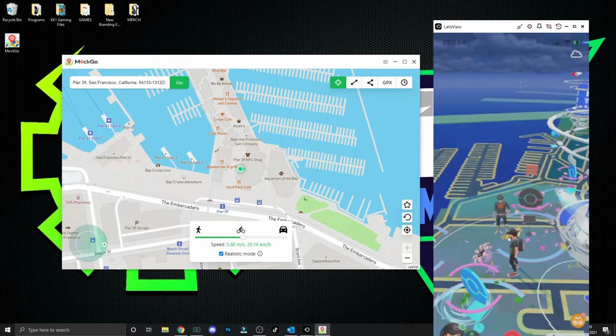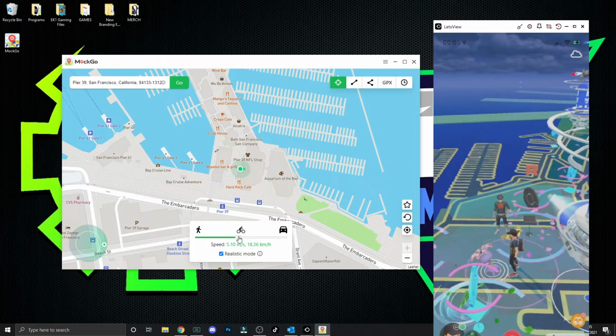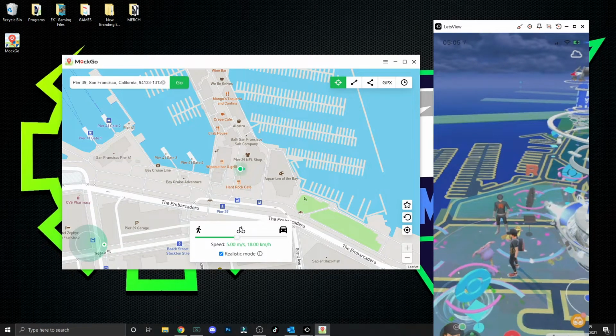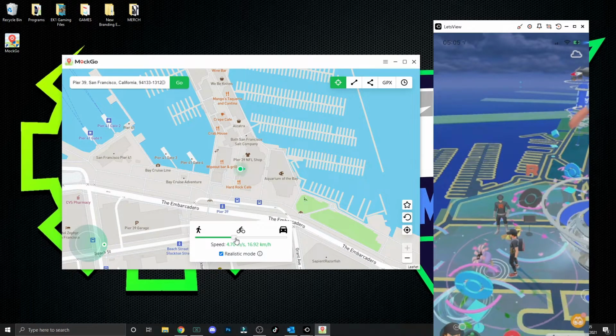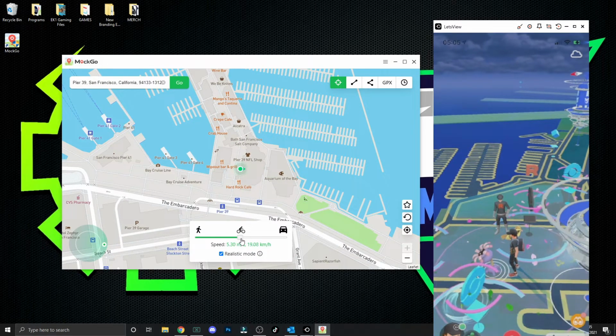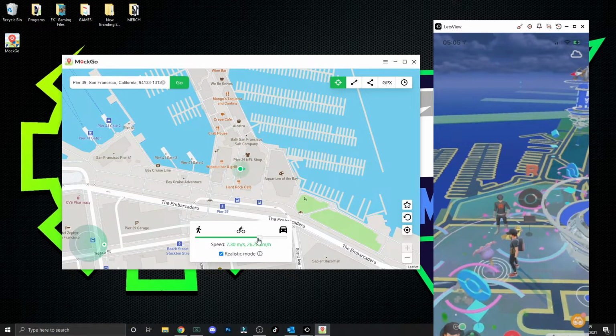Also, when you're doing the walking, if you want to hatch eggs, make sure it's under the cycle. So you want to be about 16 to 18 kilometers. That's it. If you're any further than that, it'll count you as being too fast and it won't hatch the eggs. For this example, I'm just going to quickly show you,